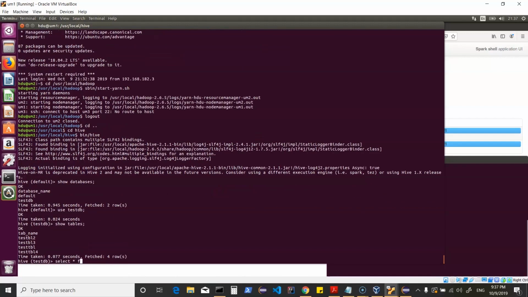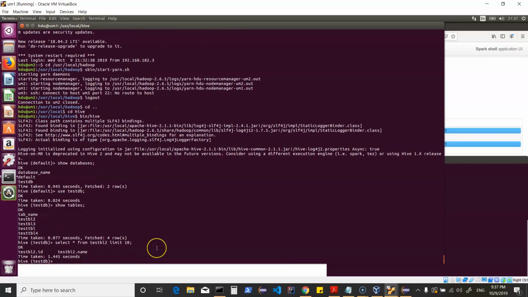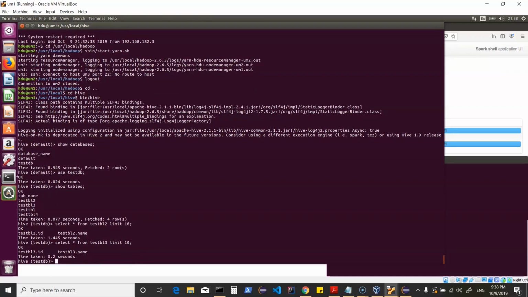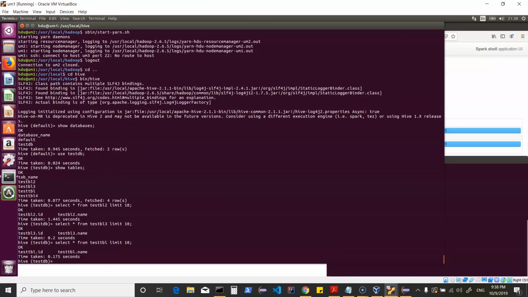Let's select one of the tables. I can say test TBL2. Maybe we can just do a limit of 10 rows and see if it works fine. So that does not have any data. Let's look into another table and let's see if that has some data. That also does not have any data, and that might be because we are not looking into the right metadata. Let's look into one more and see if that's fine. So we will say test TBL limit 10, and it doesn't have the data.